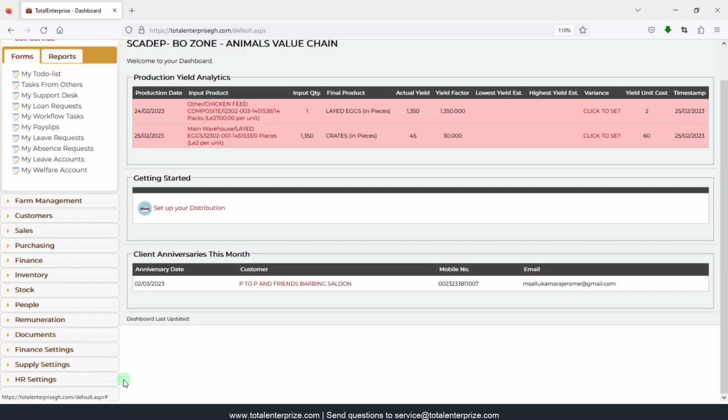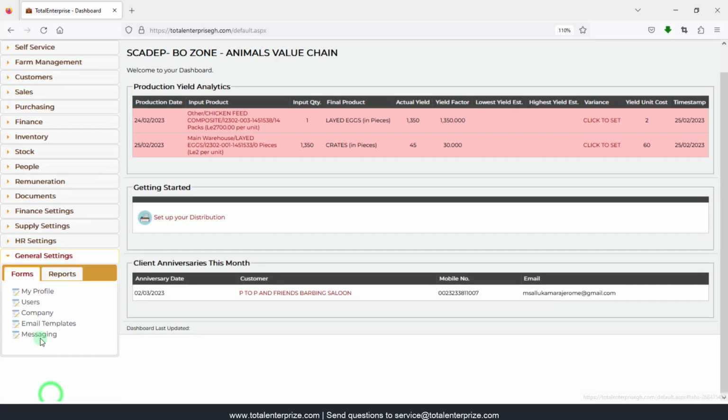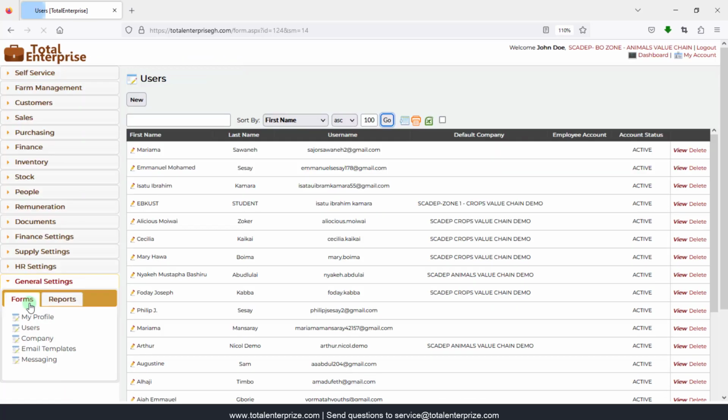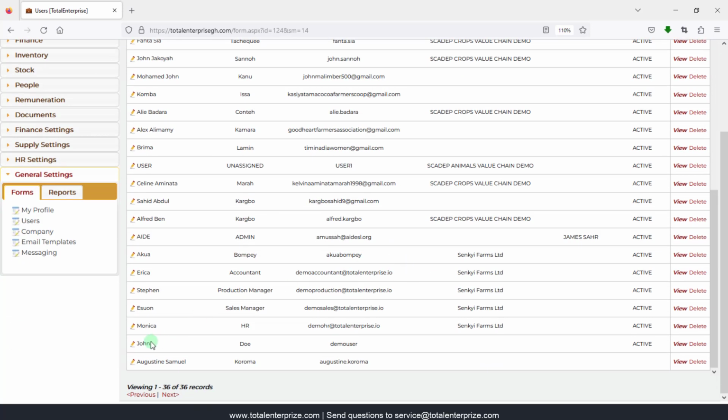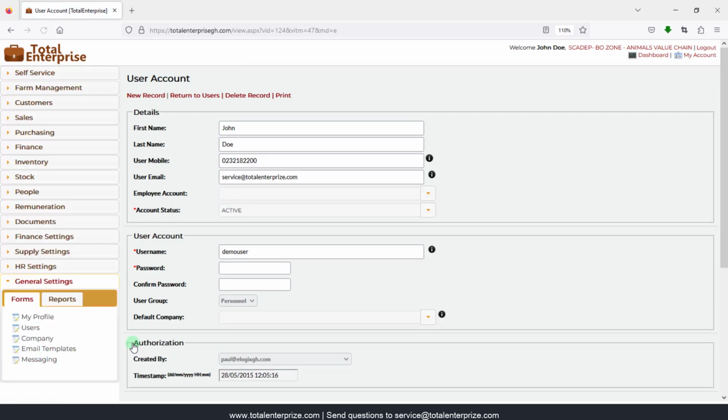So let's go back to the general settings menu. Remember, it's here in the main menu on the left side, general settings, and I can go to users. Here on the users page, I have all the users, and I can look for my user account, John Doe. And all I need to do is that here in the user account section, I have this default company drop down,